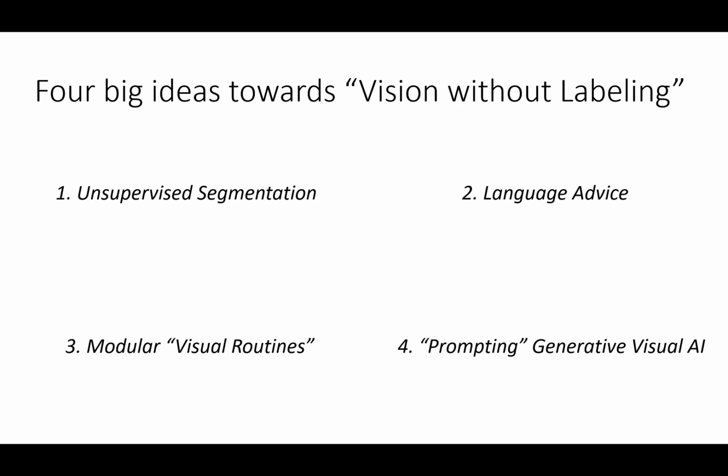Can I just ask a question about number 3? So I wanted to ask a question on number 3, these visual routines. So it seems you're bottlenecking this reasoning process with these API calls, getting the LLM to generate these API calls and discrete instances of the image. Do you think that's the best that we can do now because of the capability of current vision models, or do you think there's a future in which we can do this all end to end the same way that language models do? So language models can do this sort of reasoning and compositionality just by unsupervised learning at web scale. Do you think we'll get to that kind